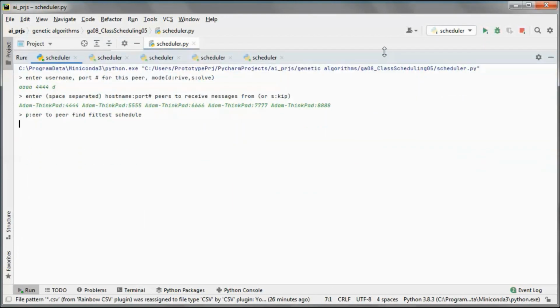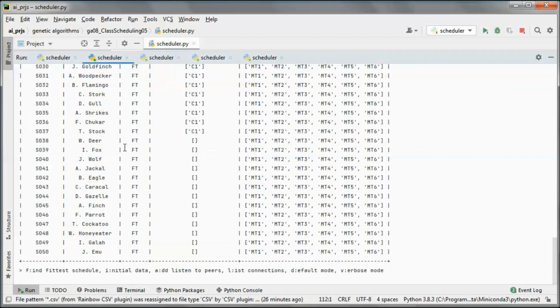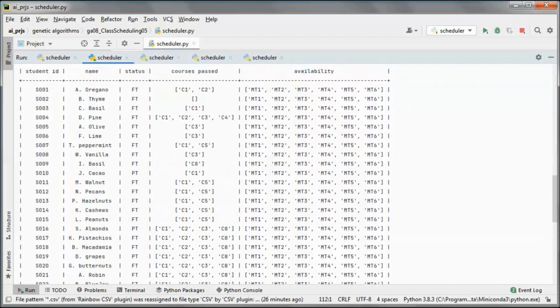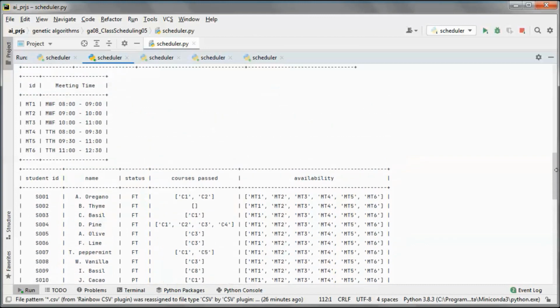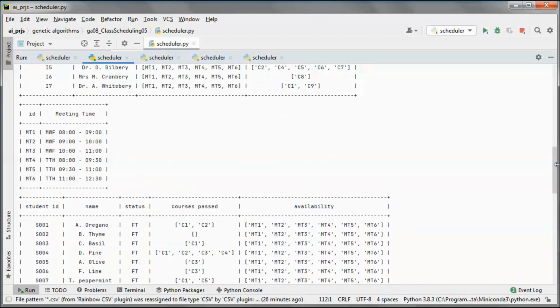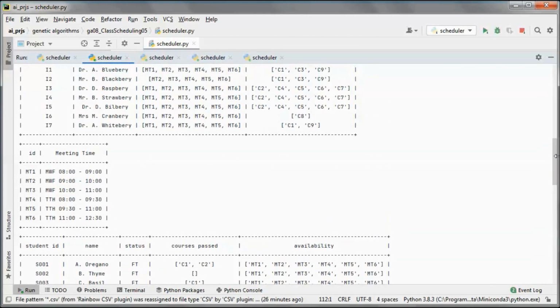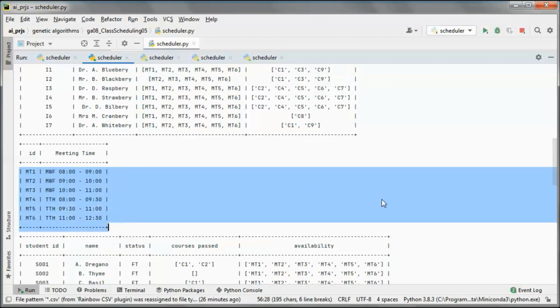And we will be using this initial data. So those are students that we have in the database and the meeting times. So we can schedule for those 6 meeting times.